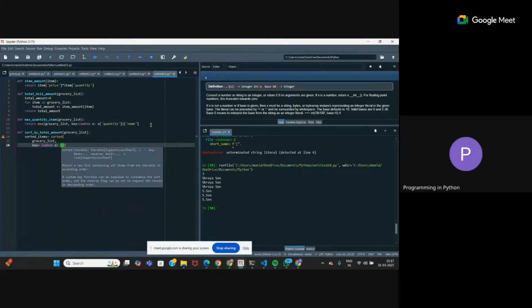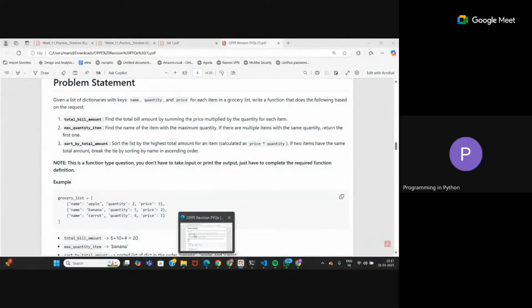We need two parameters to sort. Primarily we are sorting according to the maximum total amount. But if two items have the same total amount, then, as given in the question, you have to sort by name in ascending order. So alphabetically we have to go.